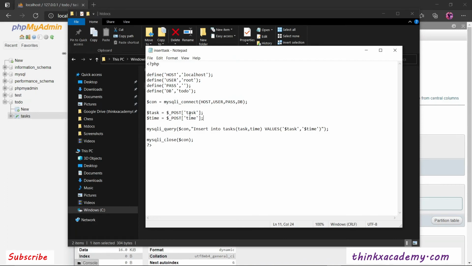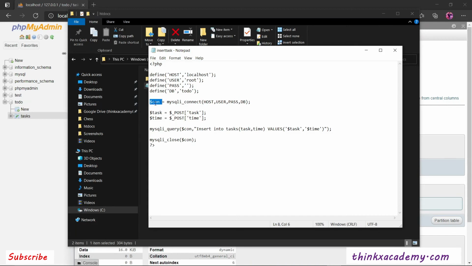Now it's time that we insert the data of these two variables which we have captured using the post request into the database, which is where we are going to use the mysqli_query function, which is used to run an SQL query using the PHP command. This is an inbuilt function where we provide the first parameter, which is the connection which we have defined here. In this line you can see here, and then in double quotes we have this query here.